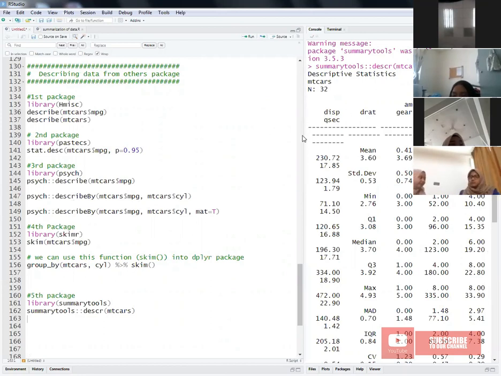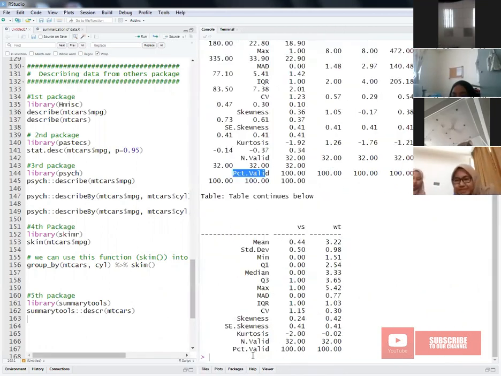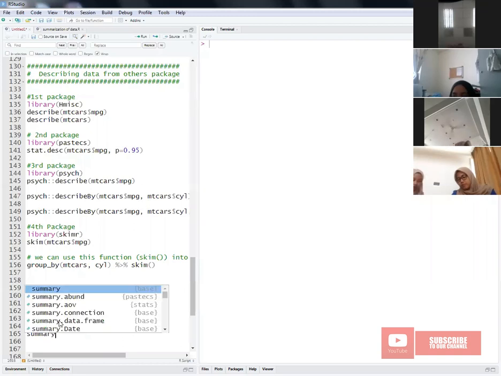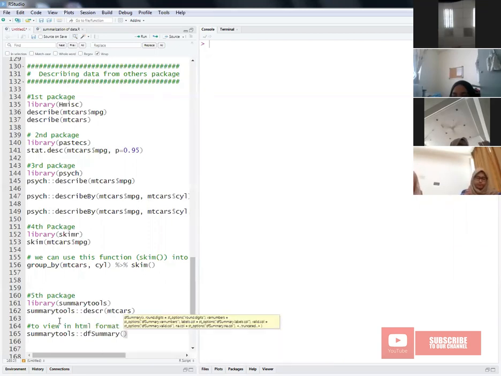In summarytools, it also provides if you want to display the statistical summary in HTML, right? So you can use the dfSummary function, right? So this is to view in HTML format, right? So summarytools, right? So we're going to use dfSummary, let's say mtcars,